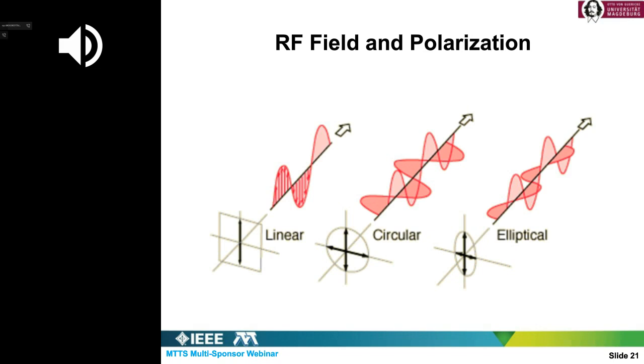Just to remind you what temporal polarization is: if you look at time-varying fields, you can distinguish between linear polarization, in which the electric or magnetic field has constant direction and only the magnitude changes, or circular polarization, in which you have two components of equal magnitude but with a phase shift of 90 degrees. So if you follow the electric field vector or the magnetic field vector, it rotates and traces a circle. The general form is the elliptical, which is a combination of linear and circular polarization. What we are interested in is the circular polarization.